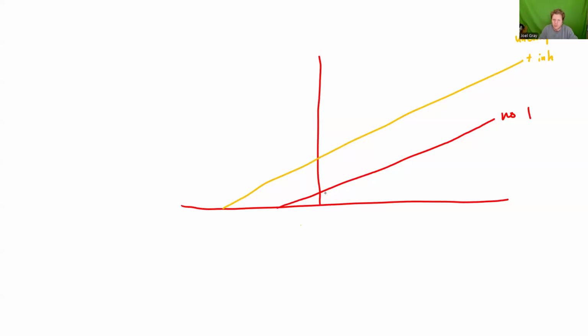Sorry about that. Okay, so another way that an inhibitor can be displayed and what it will impact is